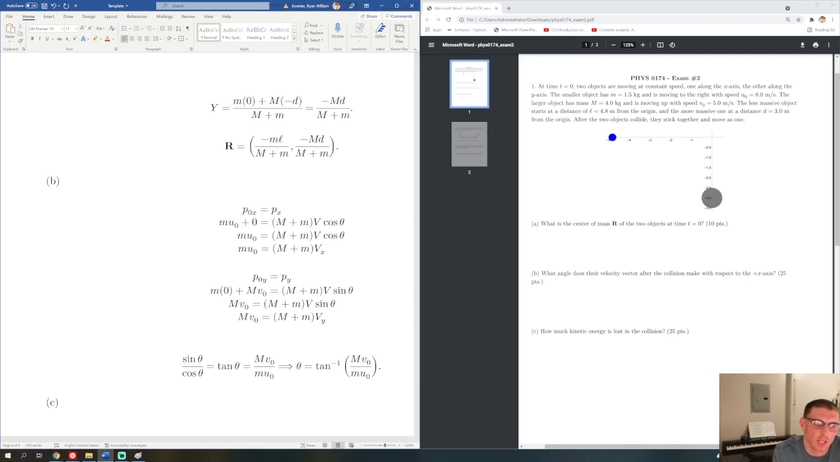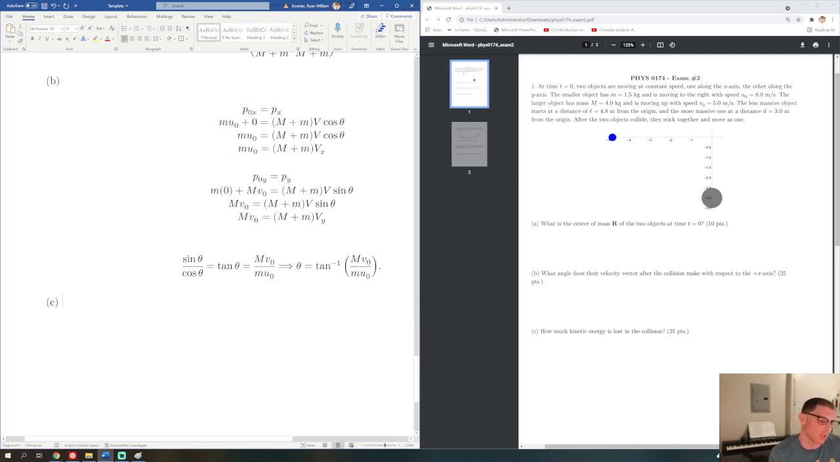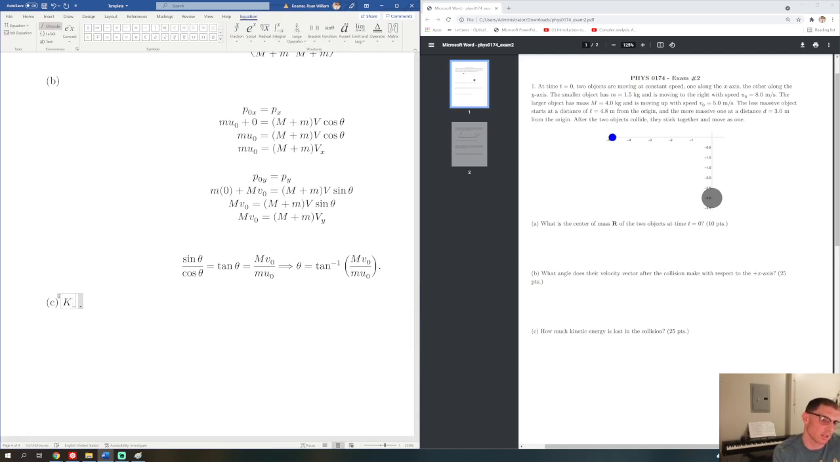Okay, so then as far as the kinetic energy that's lost in the collision goes, we just want to write out what it is initially and what it is finally. And this is going to be,